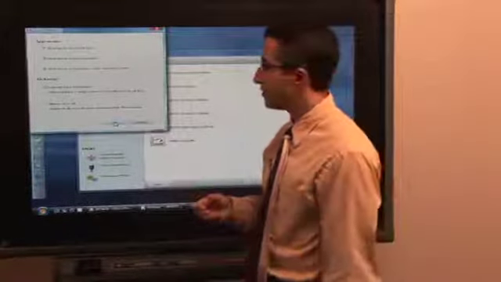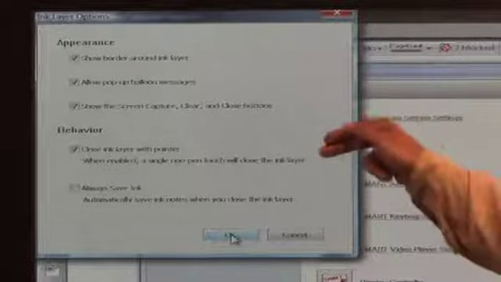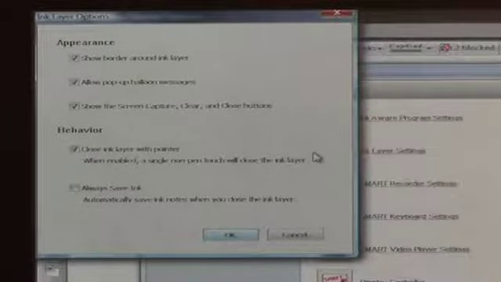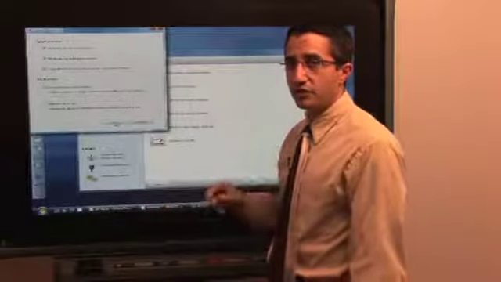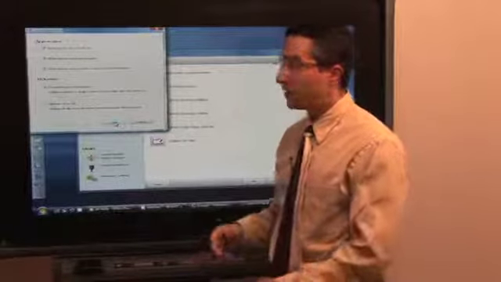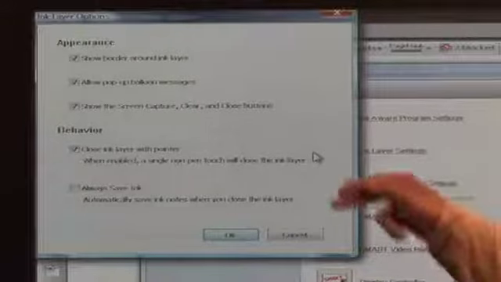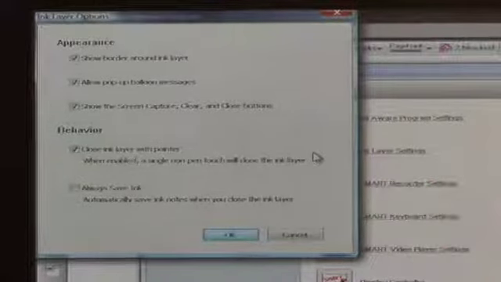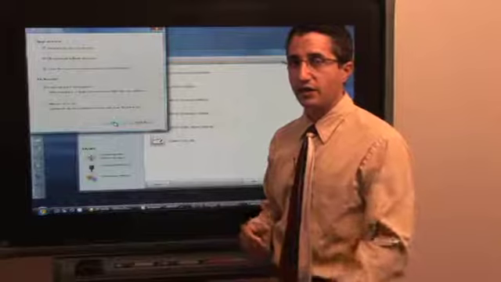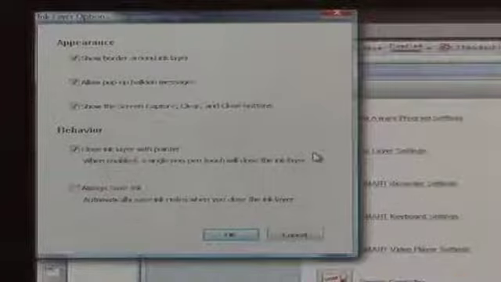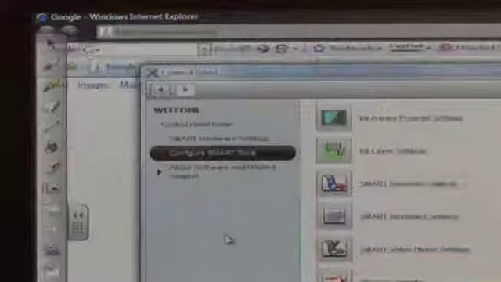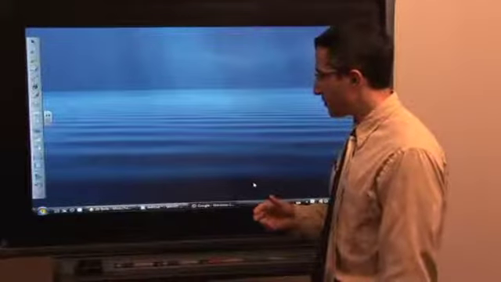and I can have those either appear or not. In terms of the behavior, I have close ink with pointer, so that means whenever I touch the board after I put my pens down, I can easily close the ink layer. And then you could always save the ink so that whenever you close the ink layer, it will automatically go to Notebook. So let me click OK, and then OK down here,